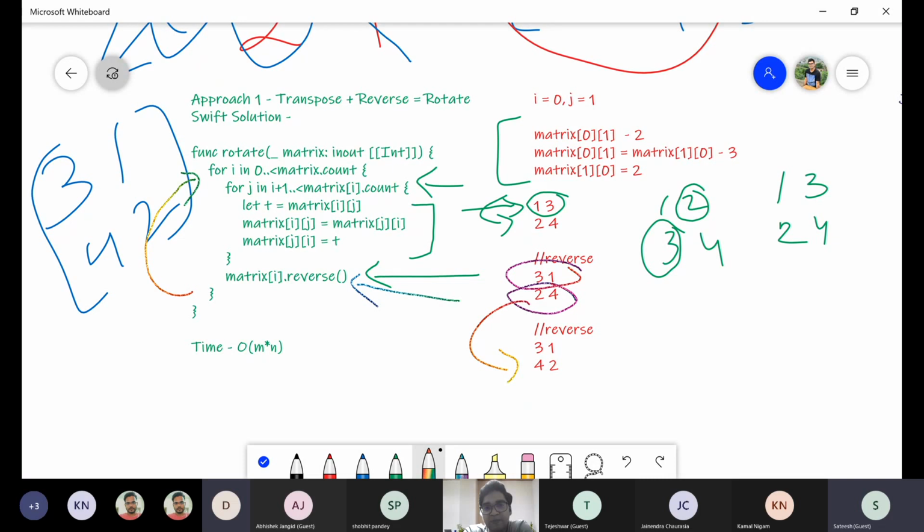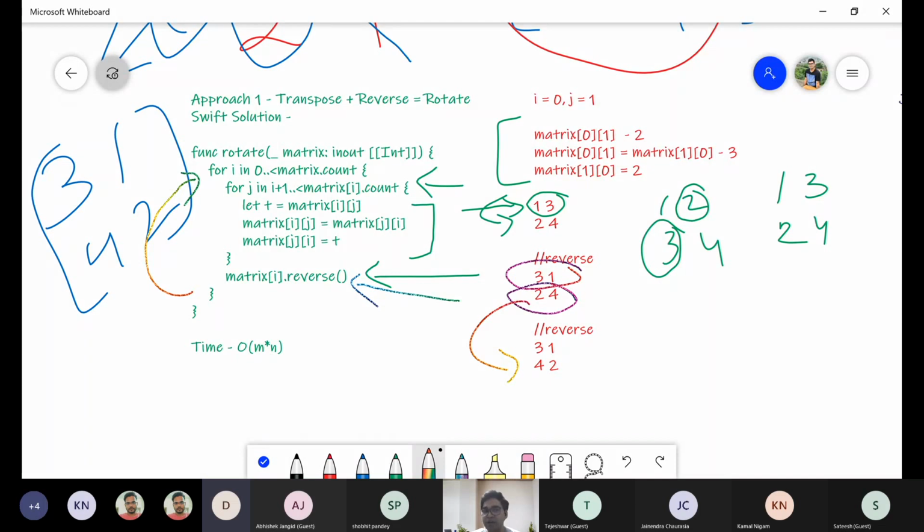Yeah, Nishant, in the second for loop, for j in I plus 1, why is there an I plus 1 instead of 0? Okay. So every time, if you take j is equal to 0, our logic fails. Basically, what we want to do is take a transpose. We are not going element by element. What we are trying to do is ignore the diagonal elements and reverse the upper row with the left column, the first row with the first column.